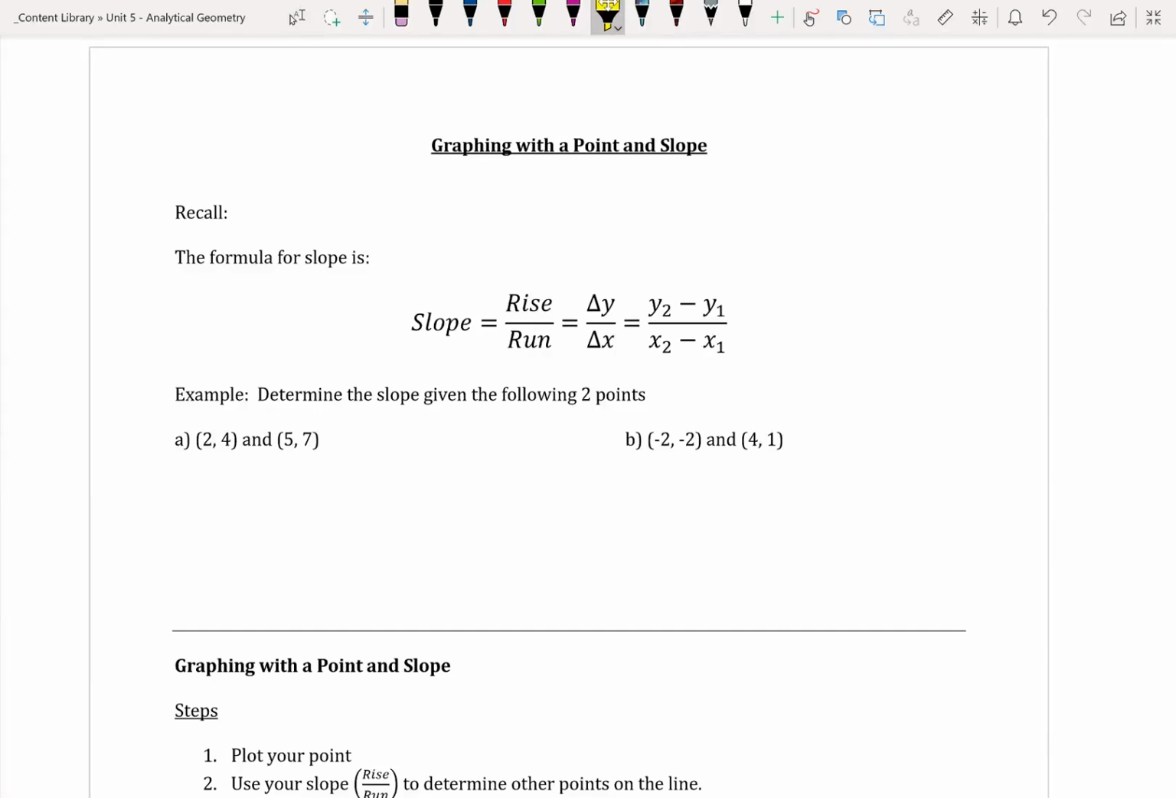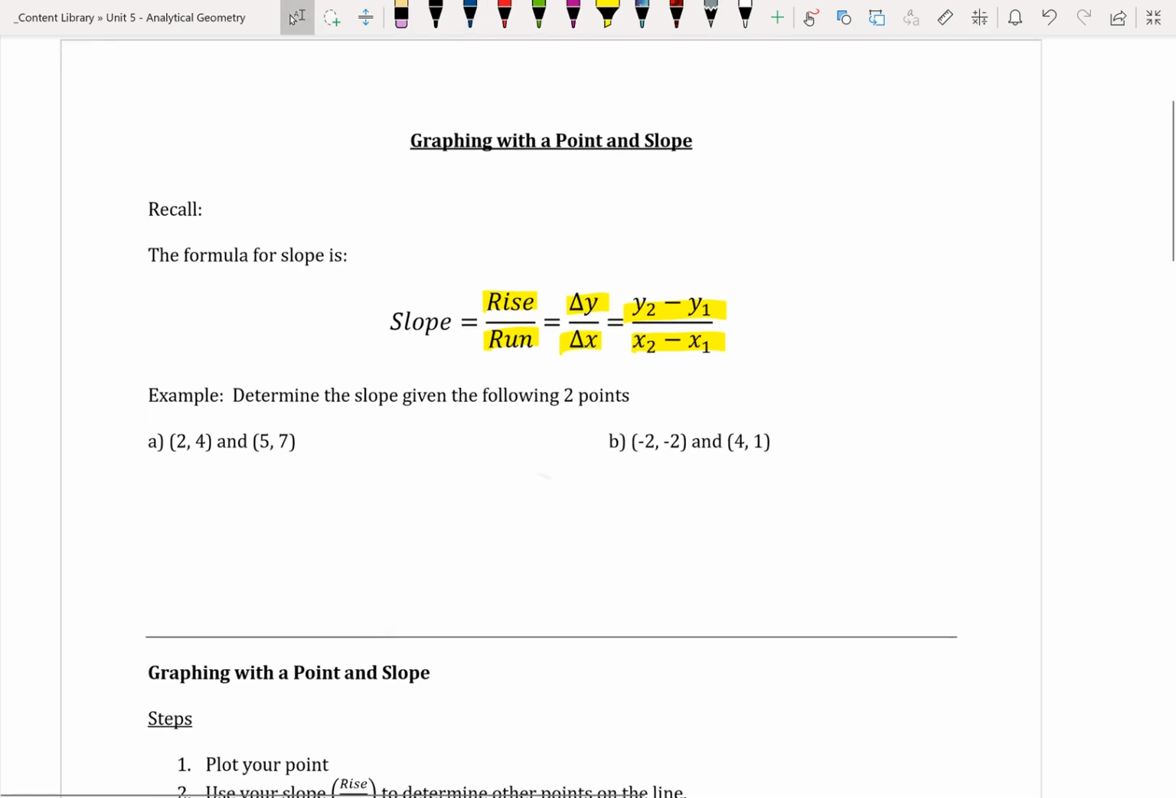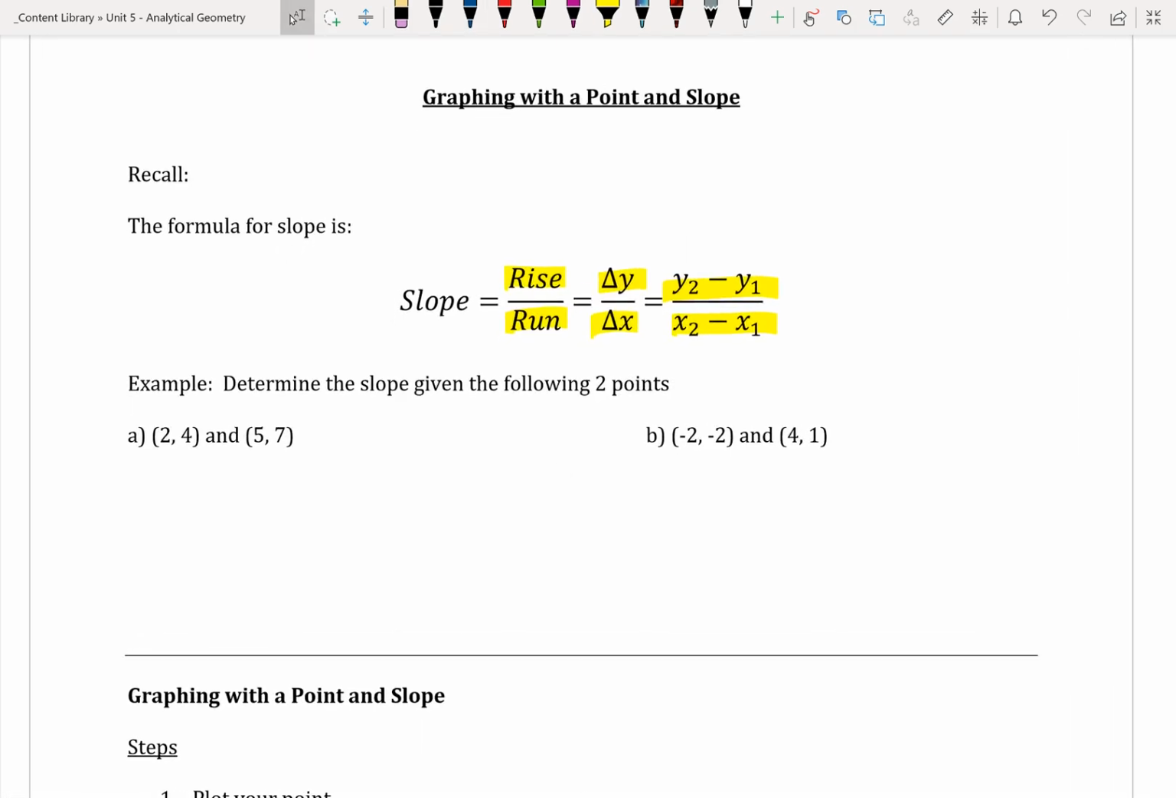Today's note, what we're going to be looking at is graphing with a point and slope. So just as a review, the formula for slope is rise over run, or the change in y over the change in x, or algebraically y2 minus y1 over x2 minus x1. So if I want to determine the slope given the following 2 points, I can do it in one of